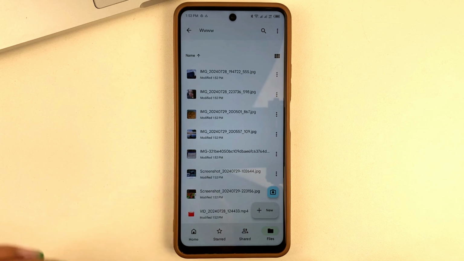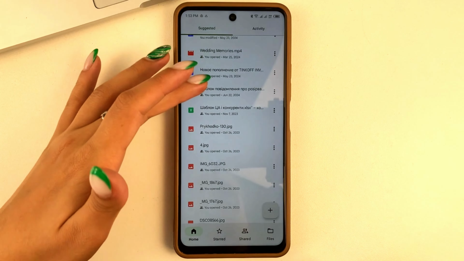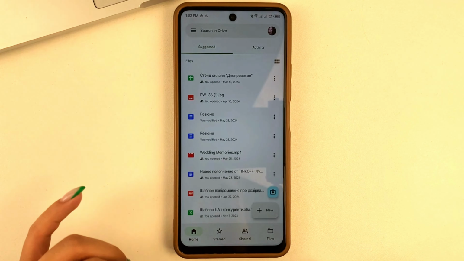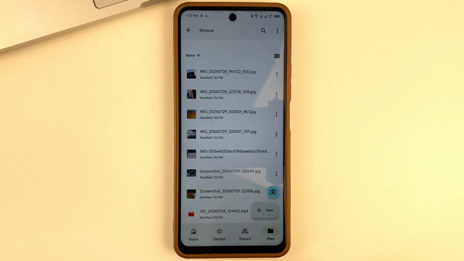Because of this, friends, on the iPhone, you'll be able to open the Google Drive app once you've downloaded it. You'll see exactly the same full menu as you see now on my Android, because basically the visuals of the app don't change. And you just have to find the folder where you previously uploaded your photos on Android. You open the same folder on your iPhone, and you see exactly the same photos that you added on Android.